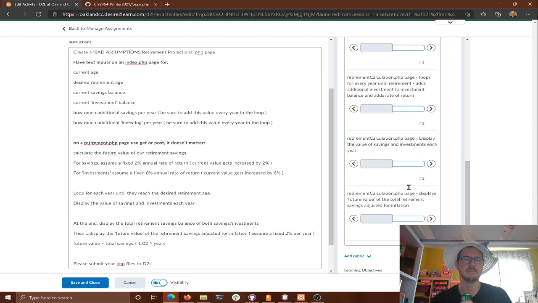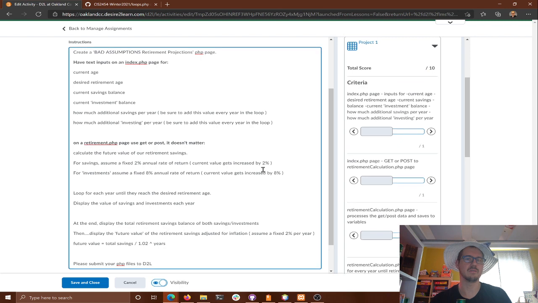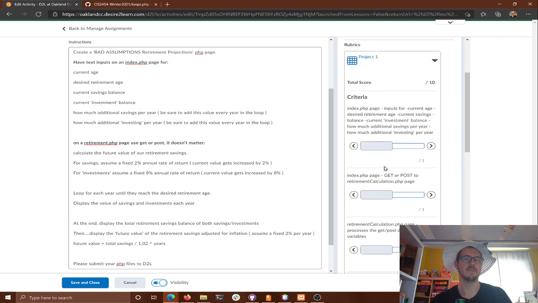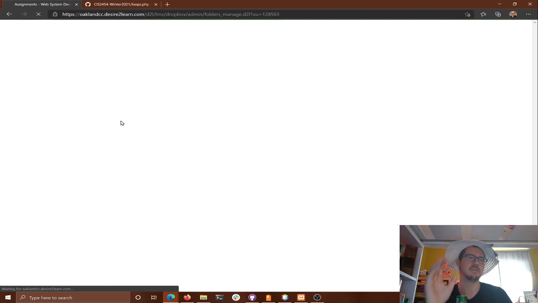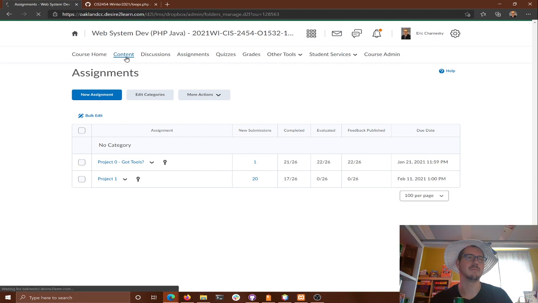Yeah, and then I'm always going to have a rubric for you guys. I didn't post it right away, I apologize, but it's going to come from the description. That'll say this is how you earn the points for it. You can always check the rubric and see, okay, if you got this part done, great, you get the point there. If you got that part done, you get the point. And that way, if you are in a crunch time and you run out of time, you can say, oh, well, that was only worth 1 point. I'm going to forget that and work on the thing that was worth more points, if that makes sense.